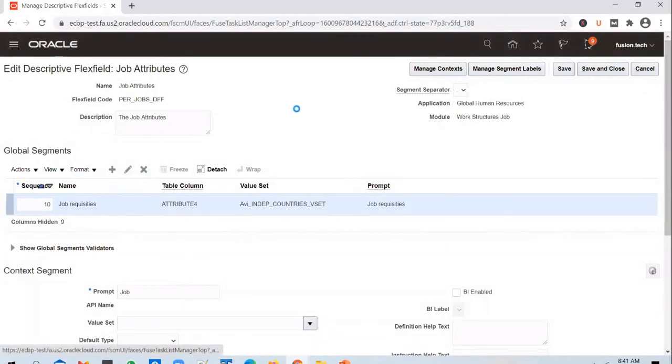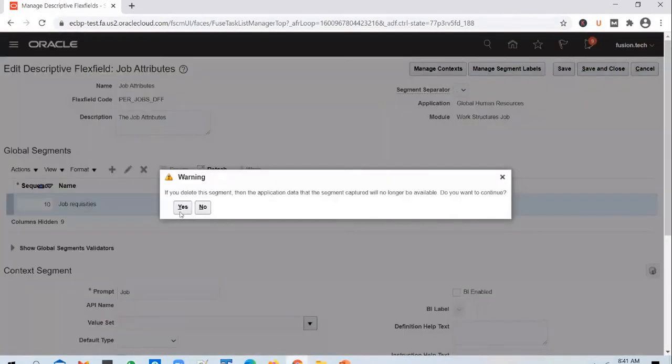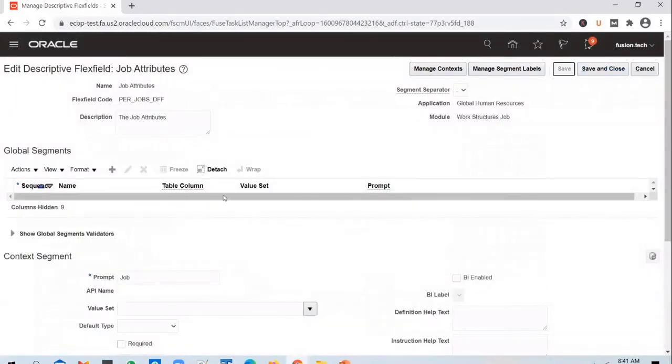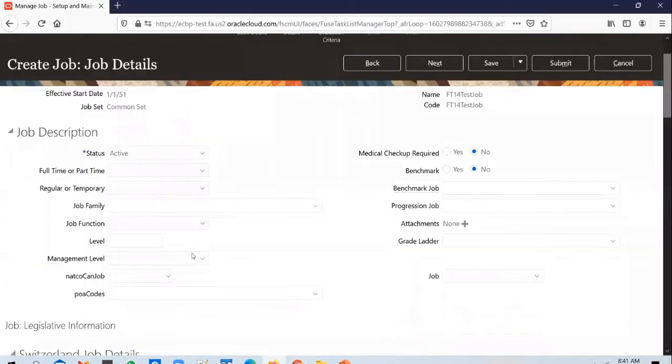So let's take the global segments. The way global segments work is, if you enable something in a global segment, it will become visible in the application directly.